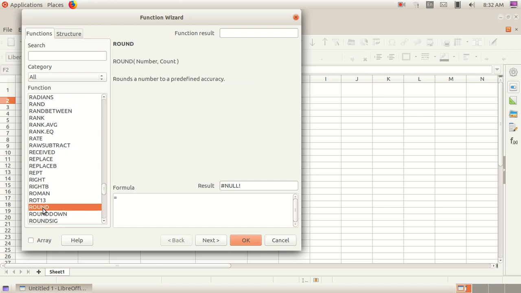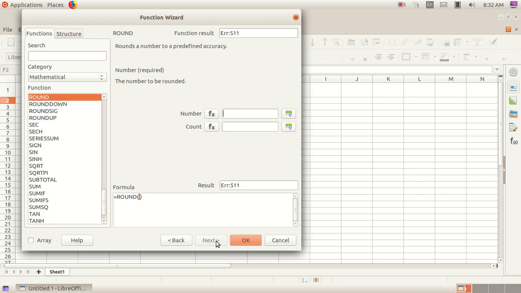Then click next. Here there is a field called number.